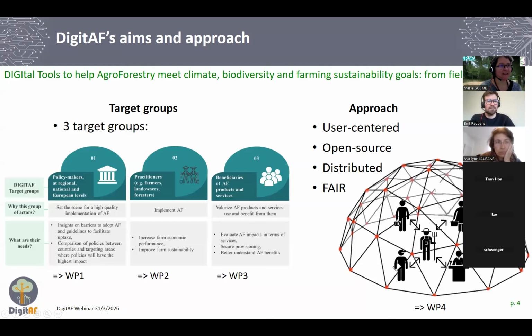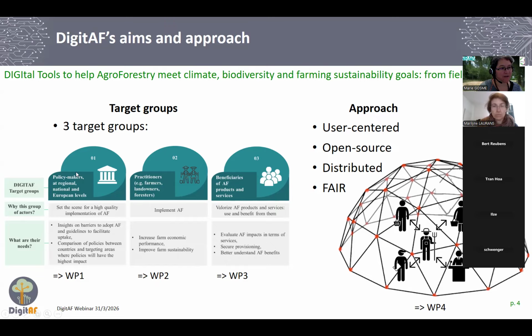DigitAF is a European project, a Horizon Europe project, aiming at developing, improving and testing digital tools to help agroforestry meet climate, biodiversity, and farming sustainability goals. The project was really user-oriented, with three target groups of stakeholders.